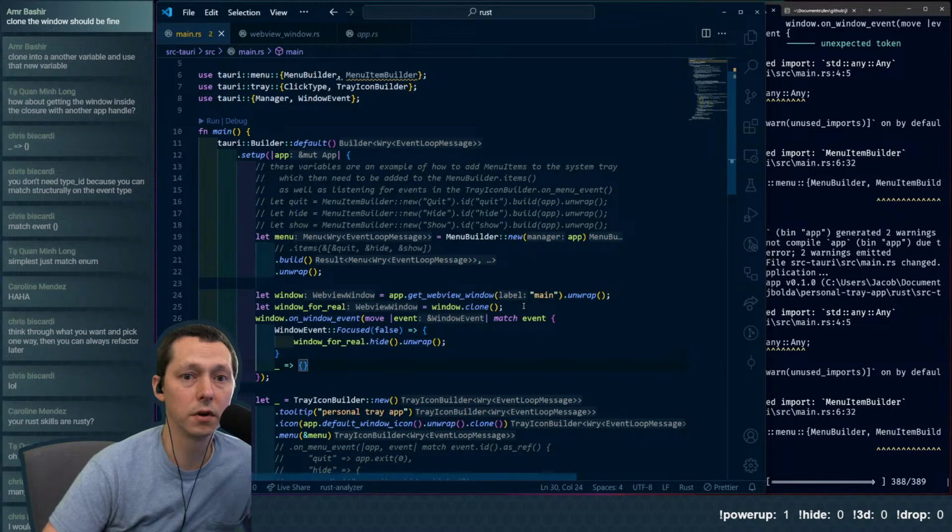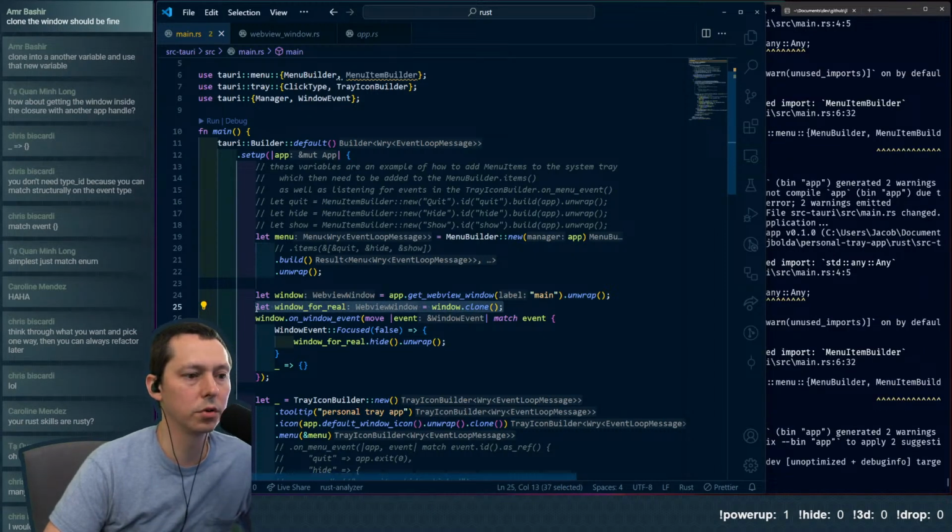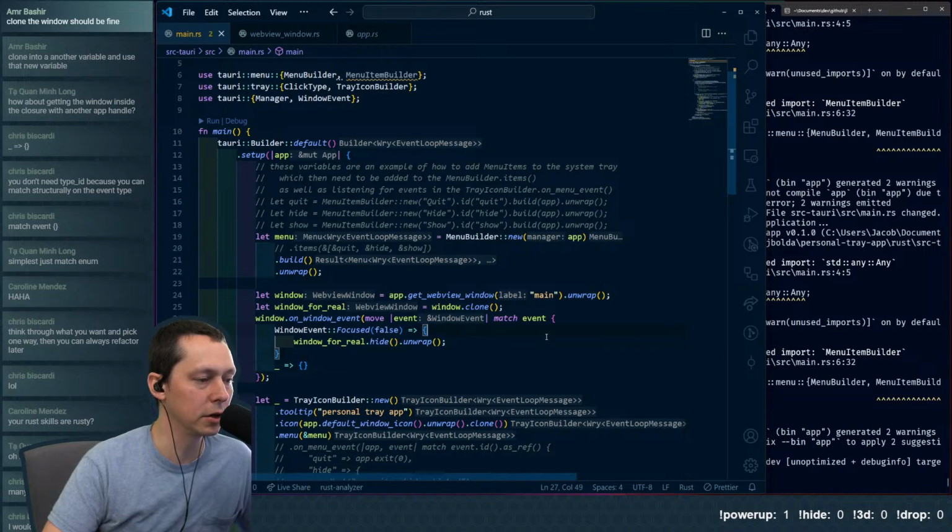Does it not matter as far as how much do we need to care about cloning the window? Or is that sort of a best answer is it depends? Because I think the alternative would